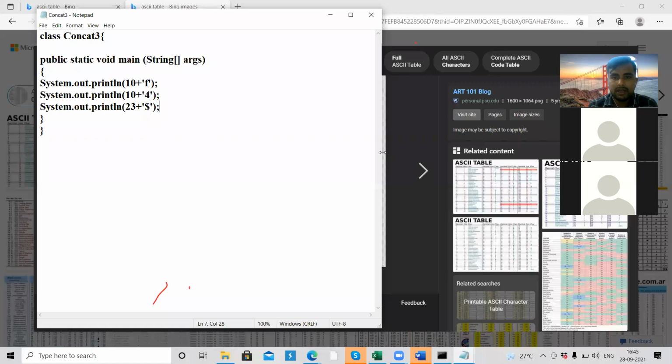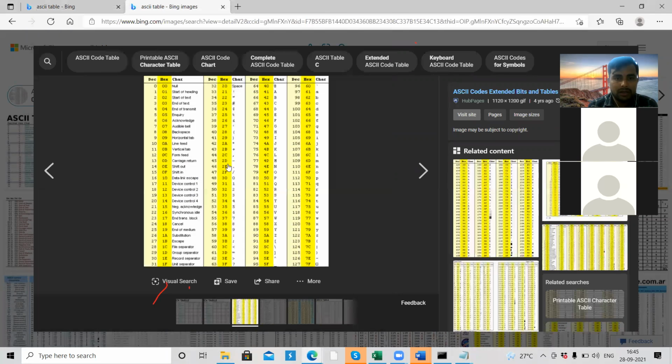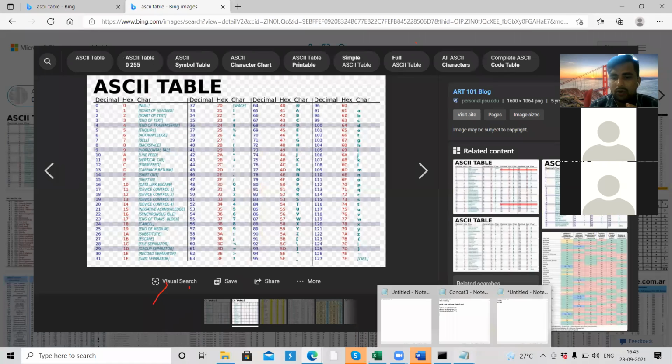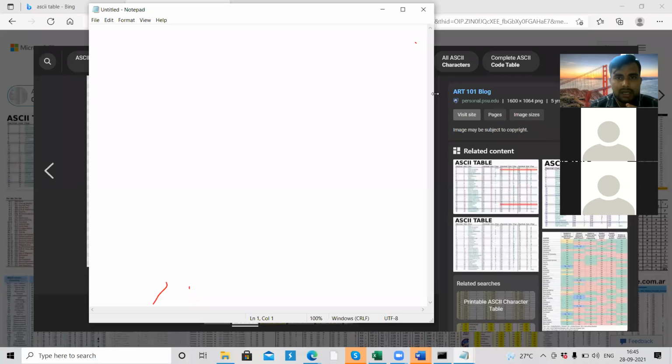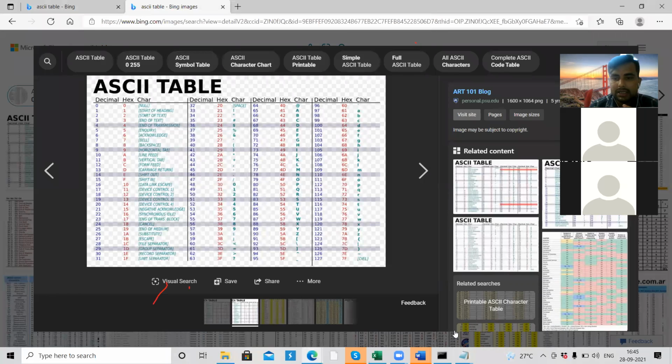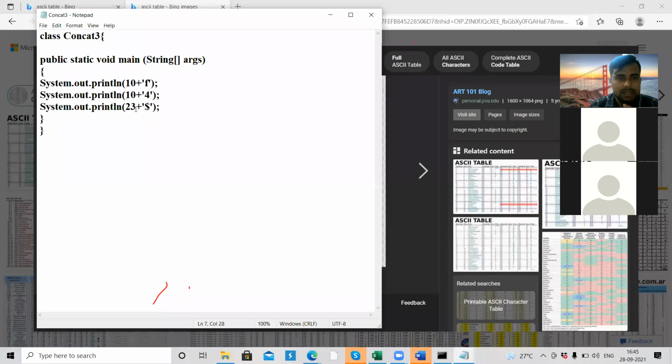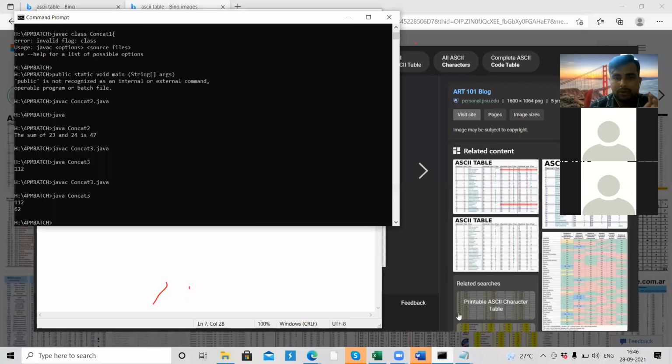If we come to the ASCII table, the dollar ASCII value is 36. So it will go and add 23 to that 36. In the output, what are we going to get?